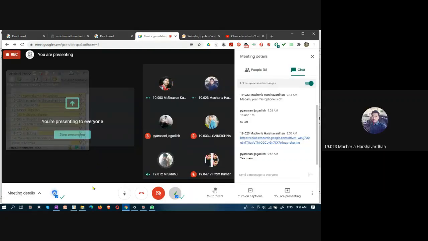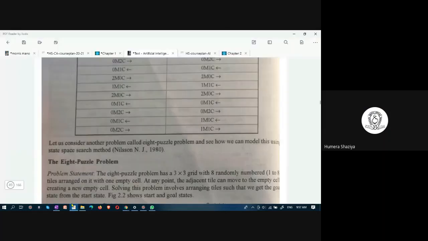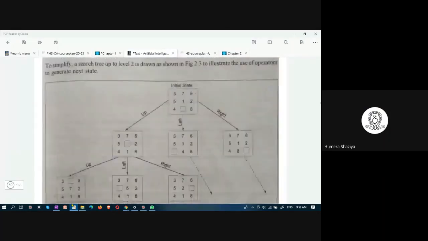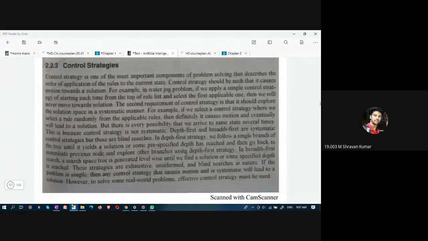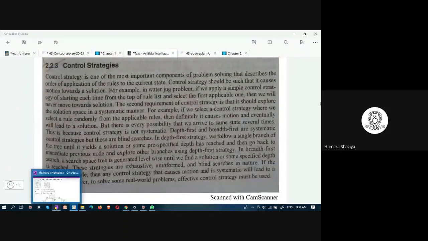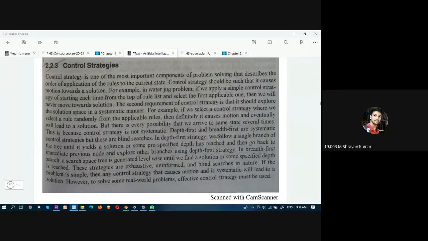Okay, ma'am. Next, like small topics are there. Let me complete that. Control strategies. Actually, what are we doing here? Can anyone tell me what are we learning under this topic? The different methods to apply.